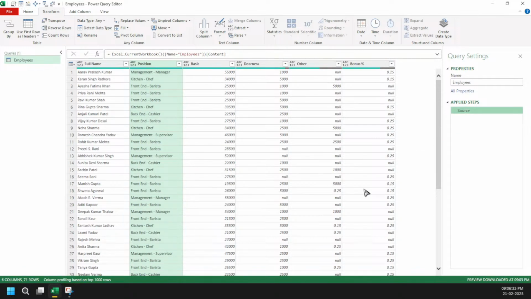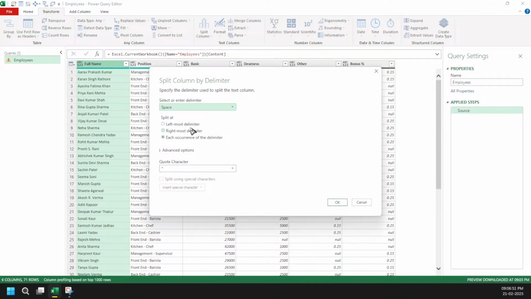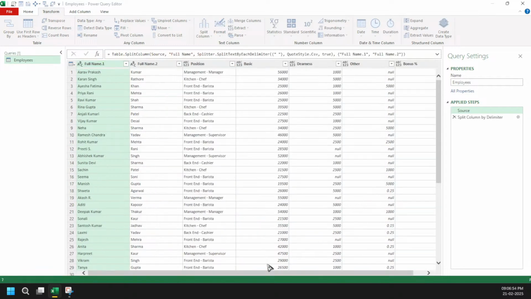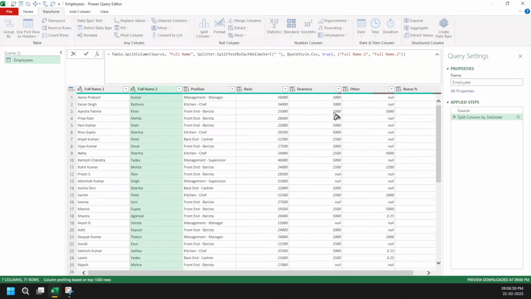So I'm going to tell you a simple method. First, we will split it, but from the rightmost, because the trouble we are facing is with the last name. So let's first split that. I'm coming here, going to the delimiter, and we'll say rightmost delimiter, and that's it. Just see. Today we will also be seeing how we can progress from the UI approach to the M language approach. You can see this way.